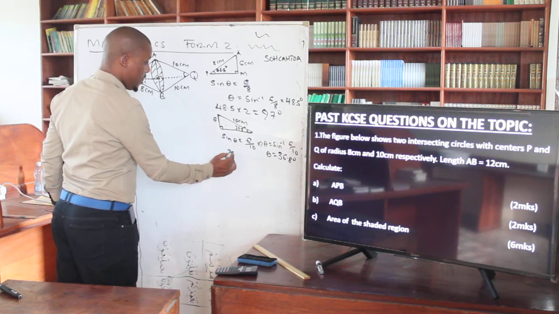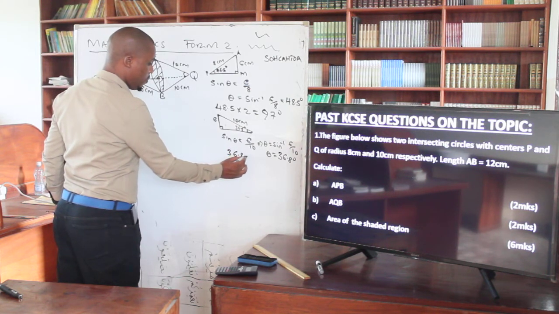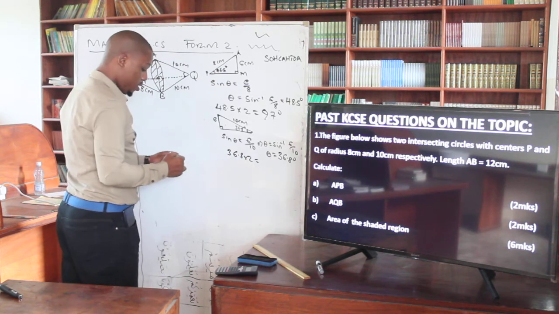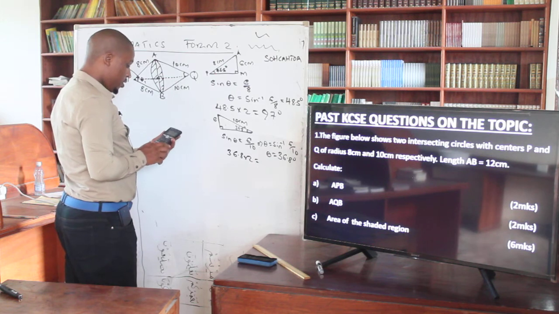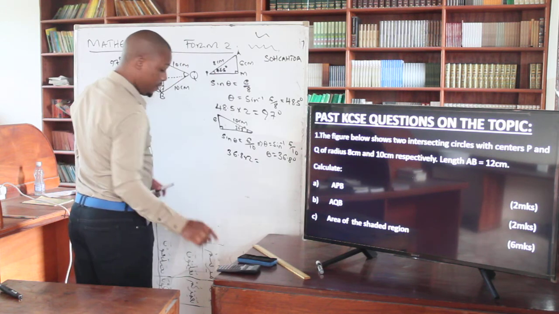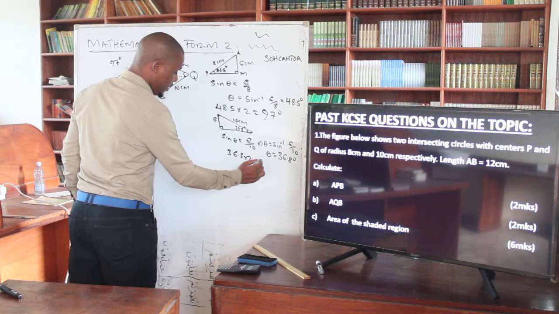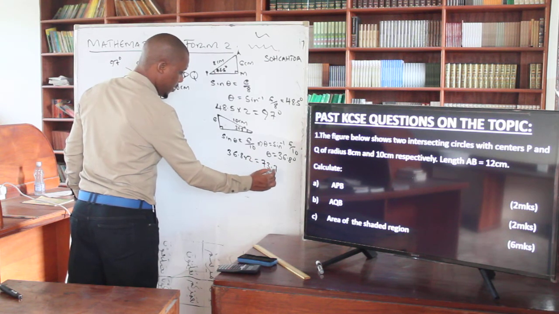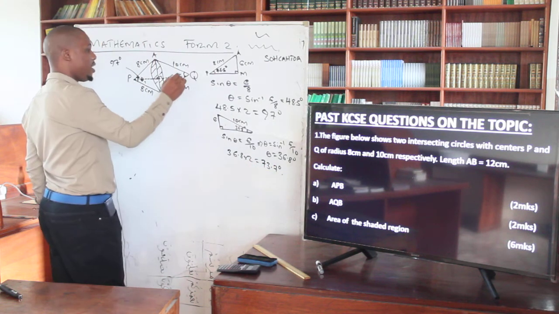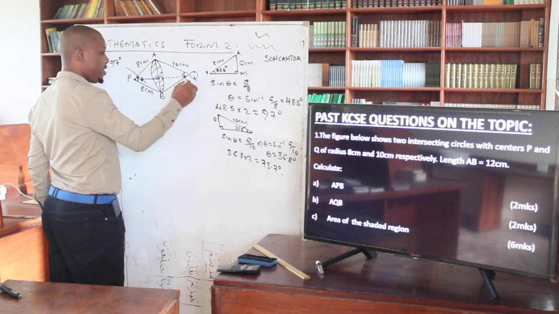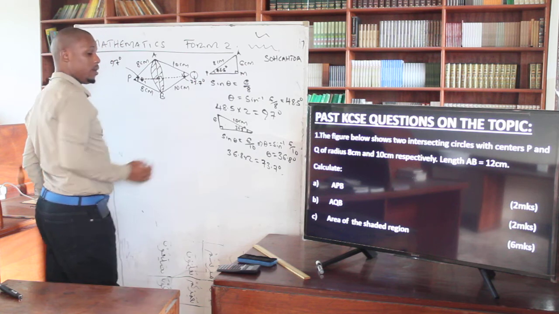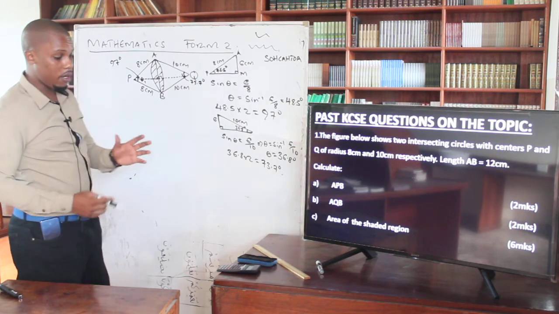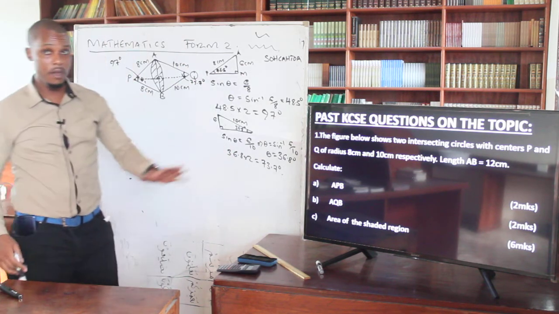So that is 36.8 multiplied by 2. Then this one gives you what? That is multiplied by 2. This one is going to give you 73.7. So that's what we are saying now. This angle again is 73.7 degrees. So you can see again now, already you have how many? Already you have your 4 marks.